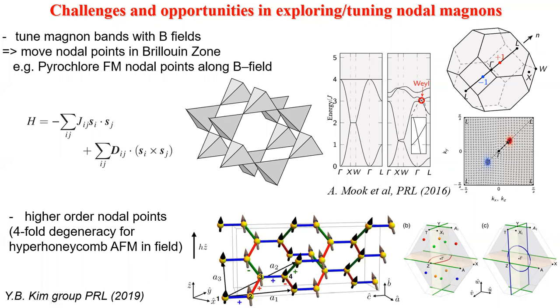There is the possibility of having higher order nodal lines, for example, as I mentioned in this four sublattice hyper honeycomb structure, which is a generalization of the honeycomb structure but with bond rotation that makes it three-dimensional. Here one can have a situation where four bands meet. So one can have higher degeneracy points, and also there are issues about what terms lift this degeneracy,